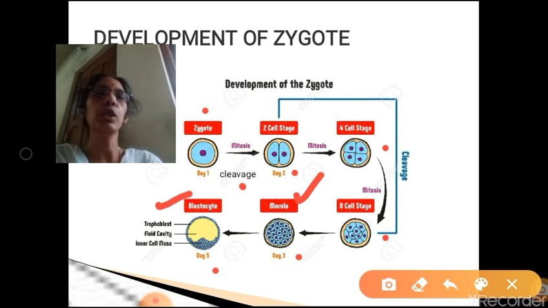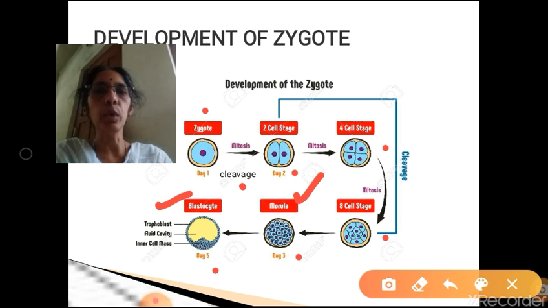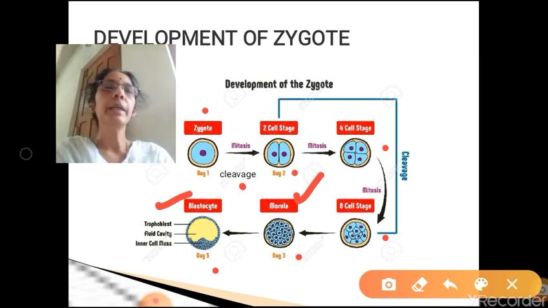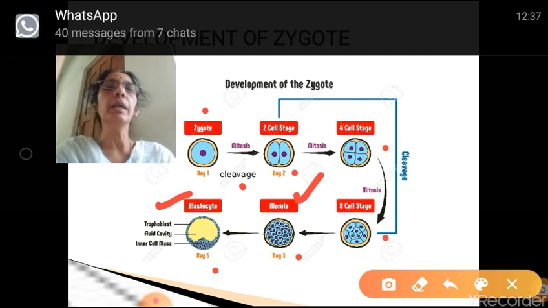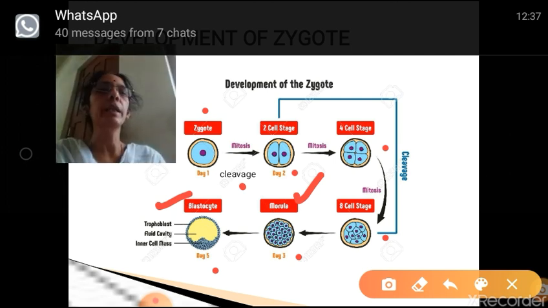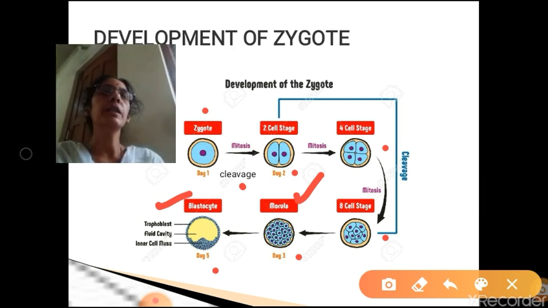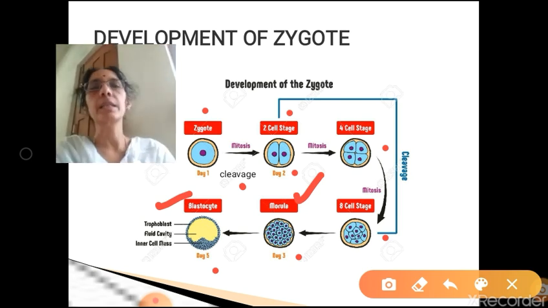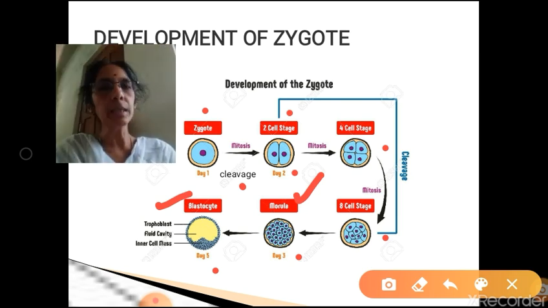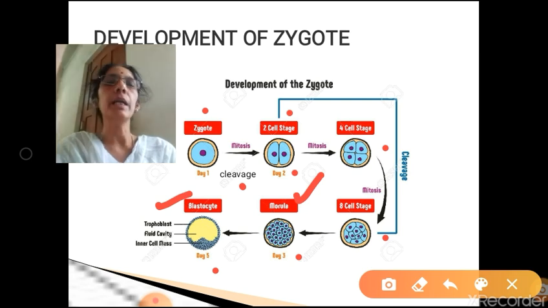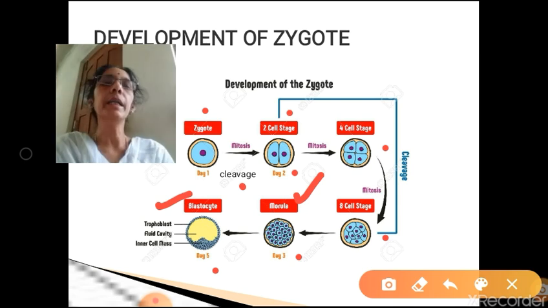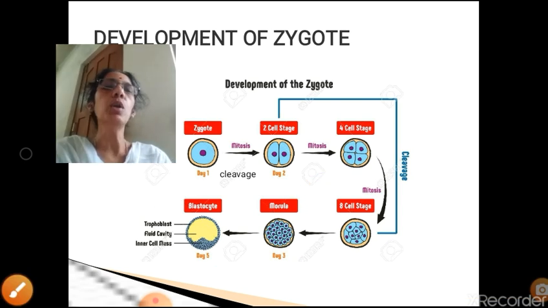So, after the fusion of ovum and sperm, the zygote is formed. It is diploid. It undergoes continuous mitotic division. The division is called the cleavage division. First, it forms 2 cells, then 4 cells, 8 cells, and then 16 cells. At the 16-cell stage, the embryo resembles the mulberry fruit. So, this stage is called the morula stage. Then it forms the 32-celled stage. That stage is called a blastocyst.